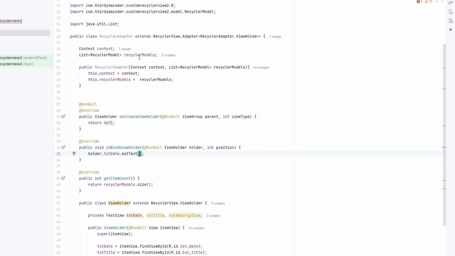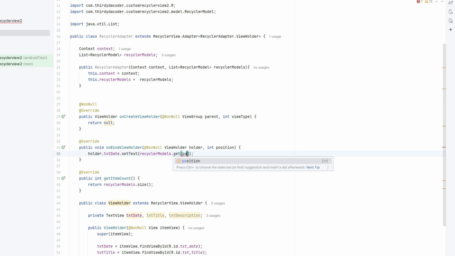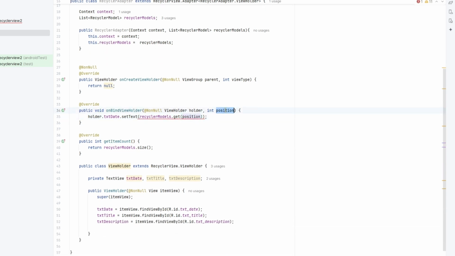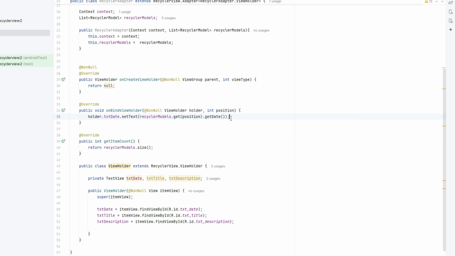Then you can call the recycler view models that get position. So the position is the reference, that get date.